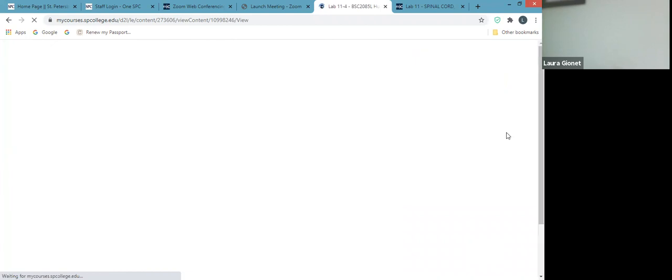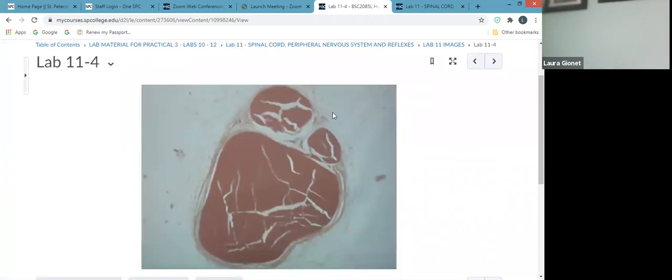Okay, next picture represents the histology of the nerve, trying to identify the different connective tissue layers that surround it. Remember that we have an epineurium, a perineurium, and an endoneurium from superficial, middle to deep. Remember the epineurium, like an epimysium, is connective tissue that's capable of surrounding the entire nerve or muscle that you can see. So when you're looking at this particular slide, and that's when I go into live Zoom with you